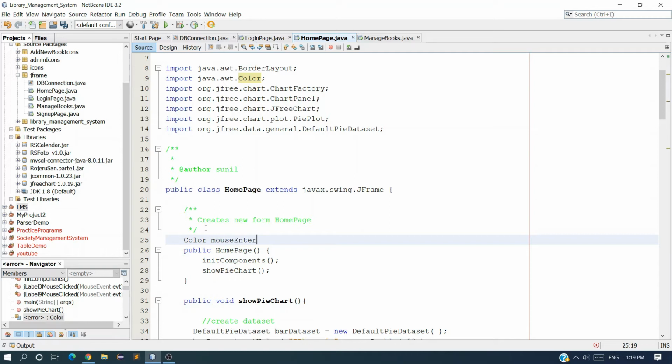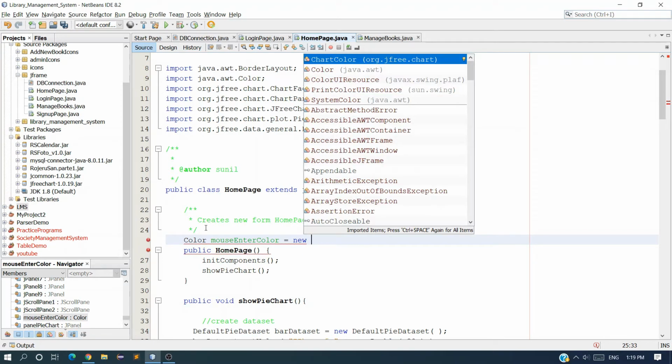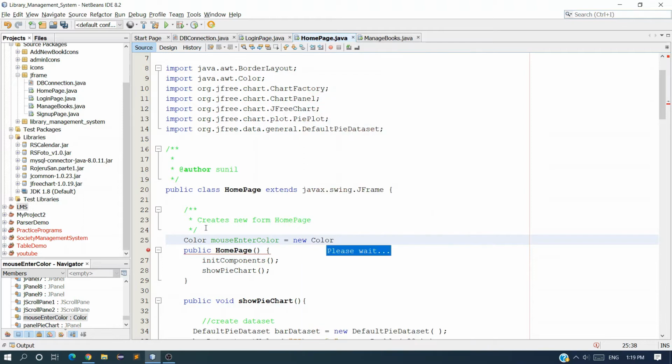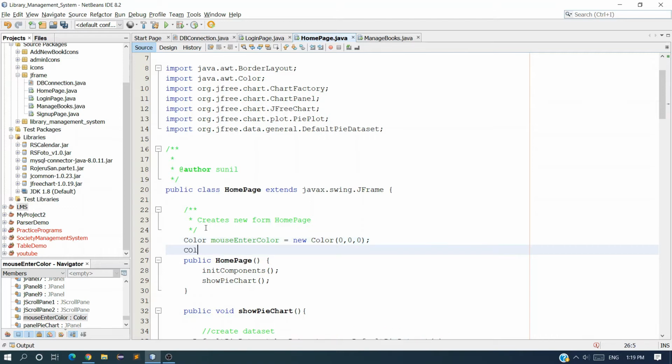mouse enter color, and the color is new color, and the color RGB value is 0, 0, sorry, inside parenthesis 0, 0, 0. This is black color. So next one is color mouse exit color.